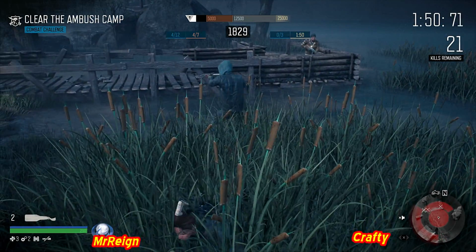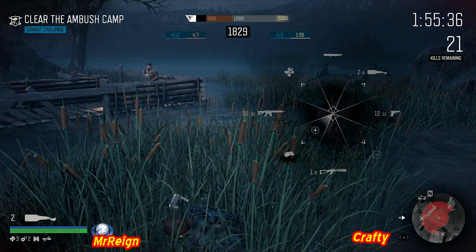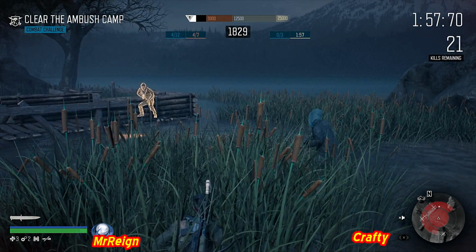Now this guy's walking straight towards me. I don't want to kill him. I want to try and kill him with a throwable. Damn it, or a trap. Where is he? So let's go throw a stone over there. It's going to